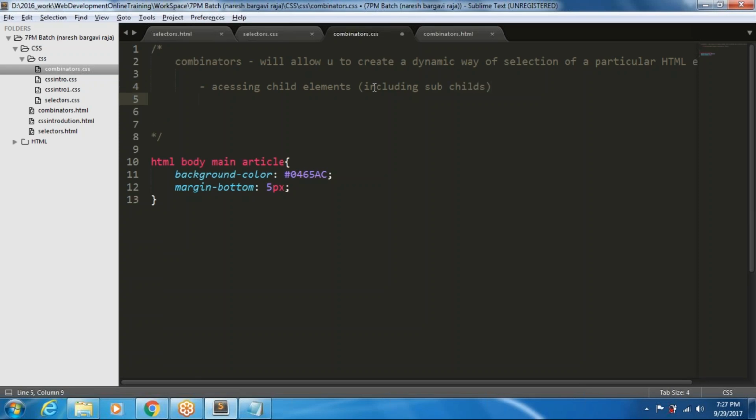Okay, next we can combine. That means by using combinators, we can access the child elements in any level of hierarchy, in any level of deepness of hierarchy. And the next one is accessing